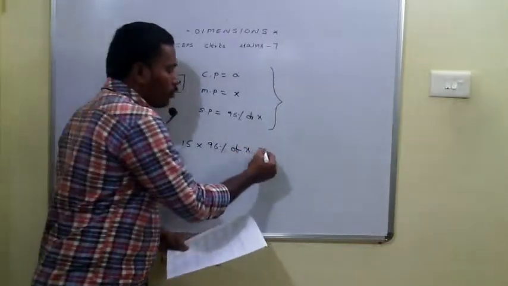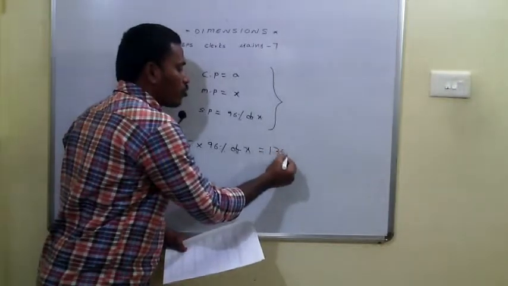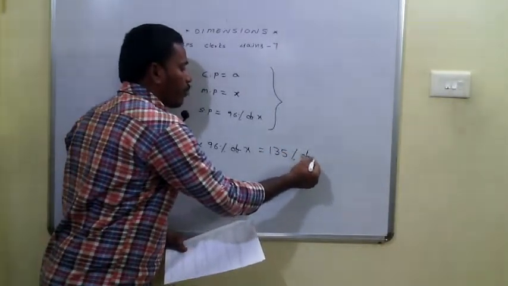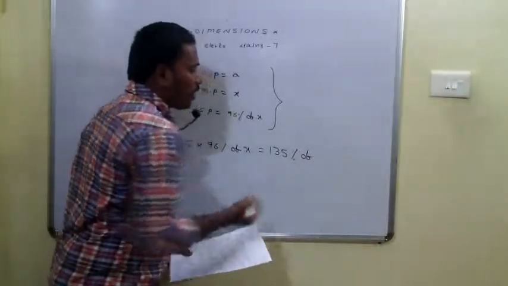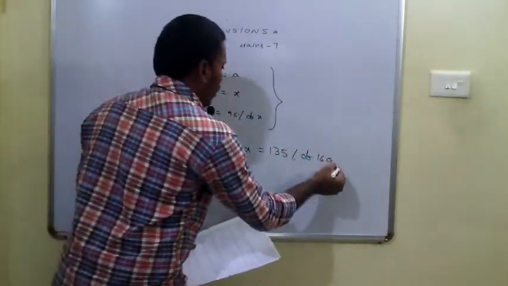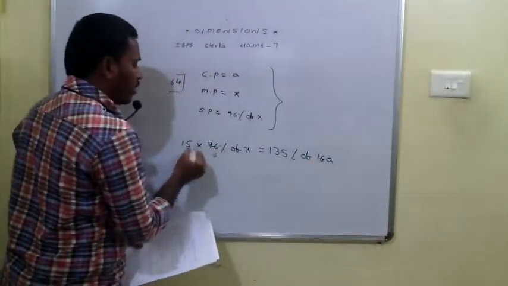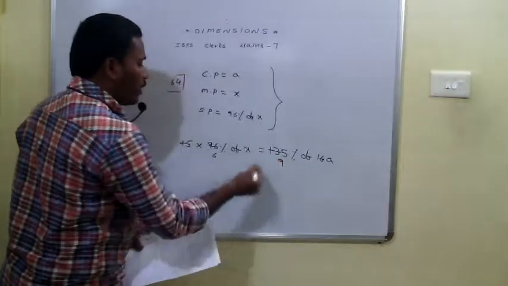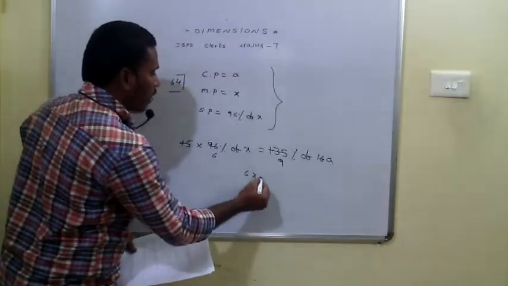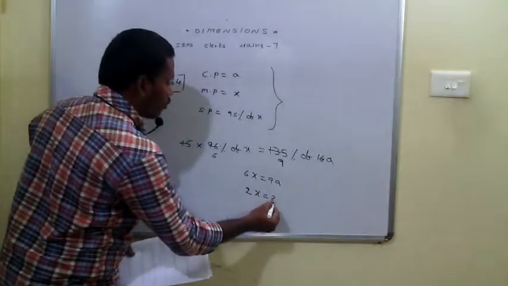The profit mentioned: the selling price is equal to 135% of the cost price. What is the cost price? The cost price of 16 articles. So percent and percent will get cancelled. 16 times 6 is 96 and 15 times 9 is 135. On removal of the percentage we have 6x is equal to 9, which gives x is equal to